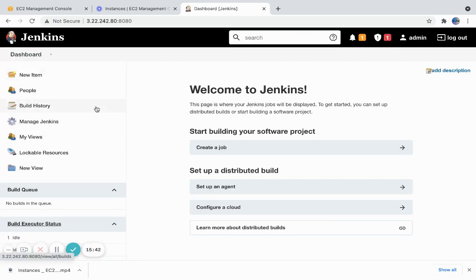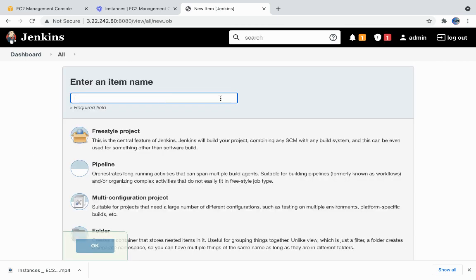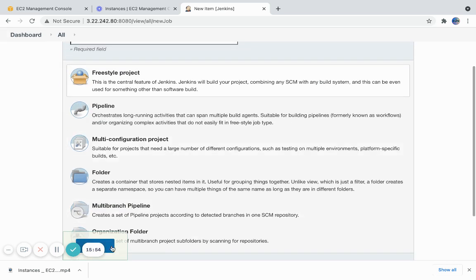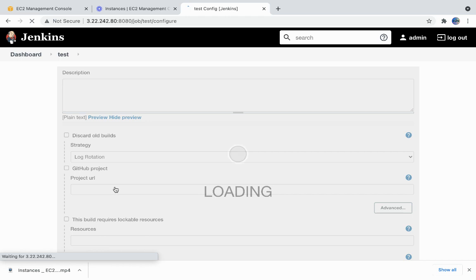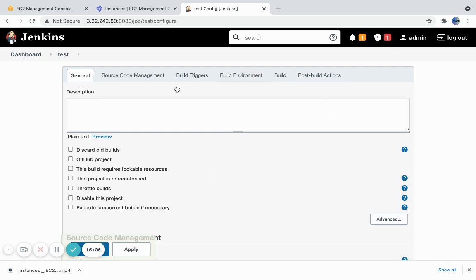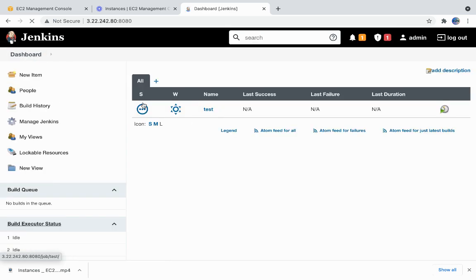This is Jenkins. So once you are here, you can explore and try to configure a project here, new item, maybe a test item, and I'll just use a freestyle project. Try to configure them, and try to explore each and every field, so that once you get a job, you will be given access like a username and a password for this console, and once you log in there, you will see this only, and you will see a number of projects here. Since we only have a test project here, but you will see a number of projects here,